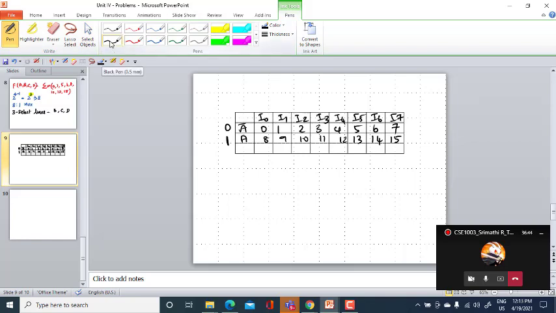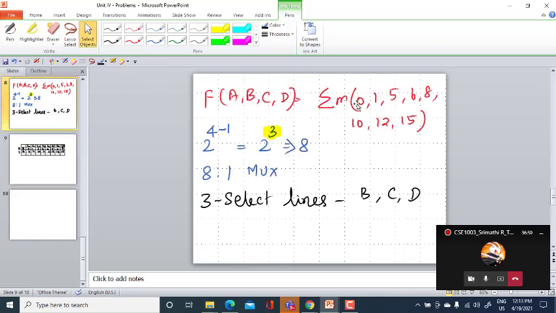That many input combinations we have, of which I will encircle whatever are there in the function. In the function I have 0, 1, 5, 6, 8, 10, 12, 15.